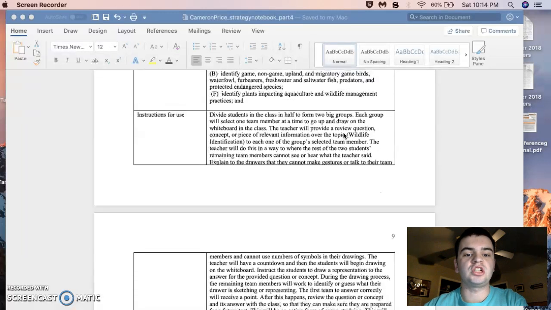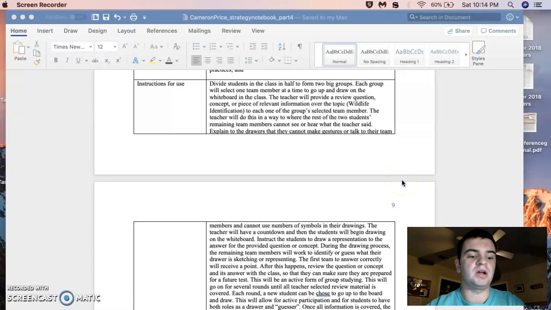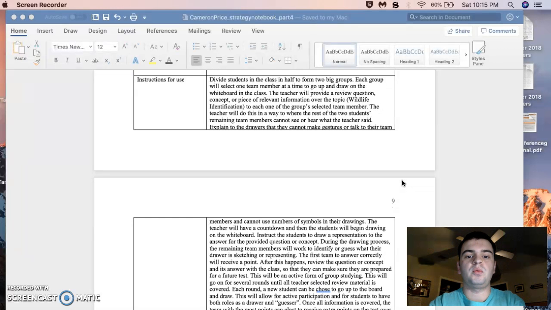Instructions for use. This will be a little easier to comprehend once I show you the made example. It's kind of like a review game, and you're using the whiteboard. Divide the class into two big groups. Each group will select one team member at a time to go up and be the drawer or representative for their team. The teacher will provide those two students from each group, just the drawers, not the whole team,